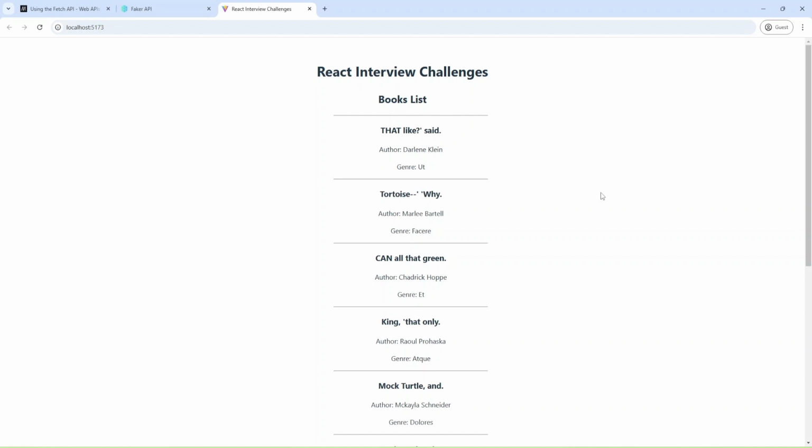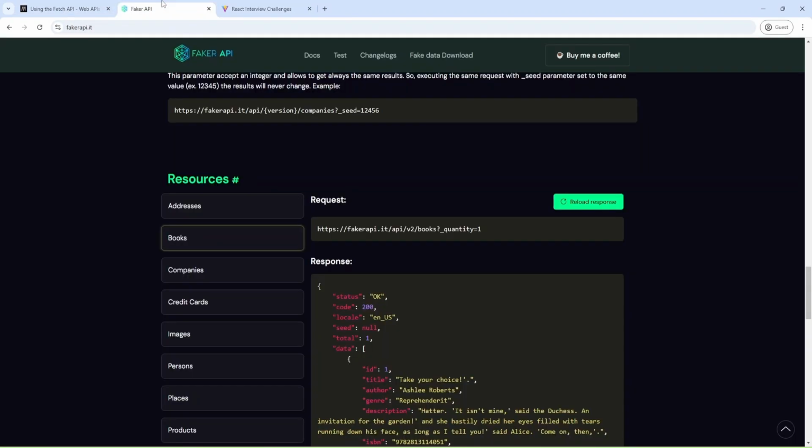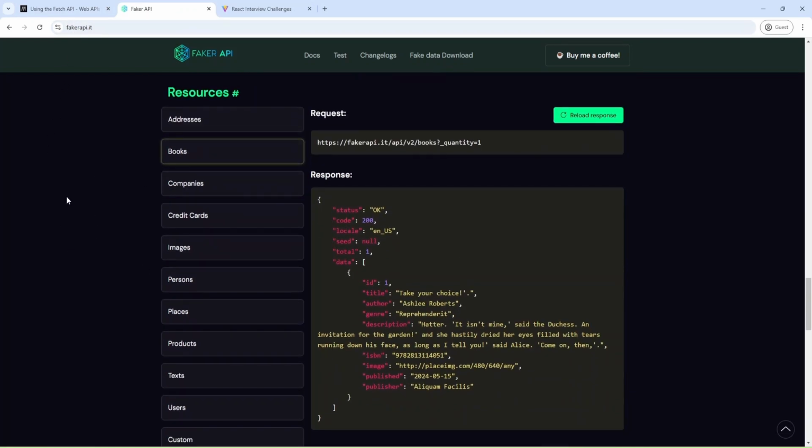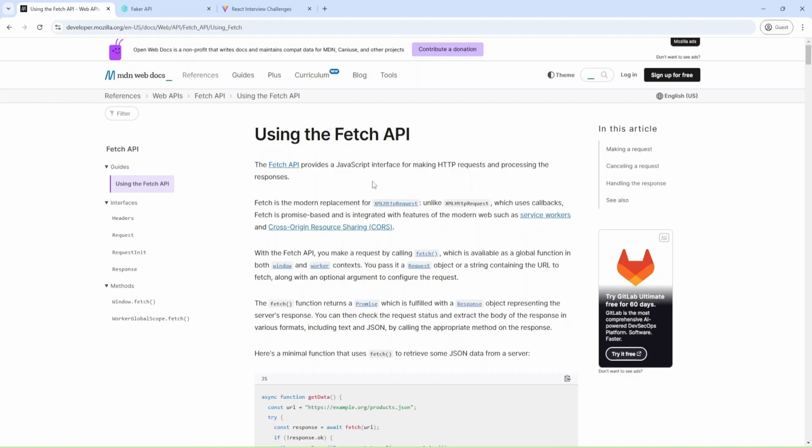Today I'm going to provide and explain the solution to the coding interview task that would sound like fetch the data from an external API and display it in the list. It's a common coding interview challenge. Let's take a look at the design. As you can see, I have some headers and the data about books, and the data was fetched from the external API, and as an API I used Faker API and books, and also I'm going to use Fetch API in my coding. And let's go to the code and build our task.